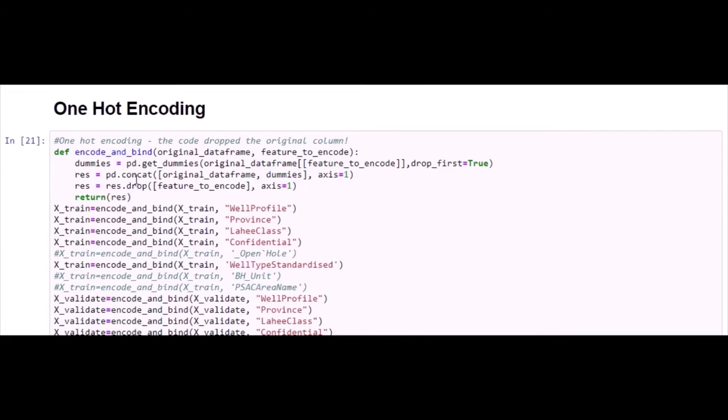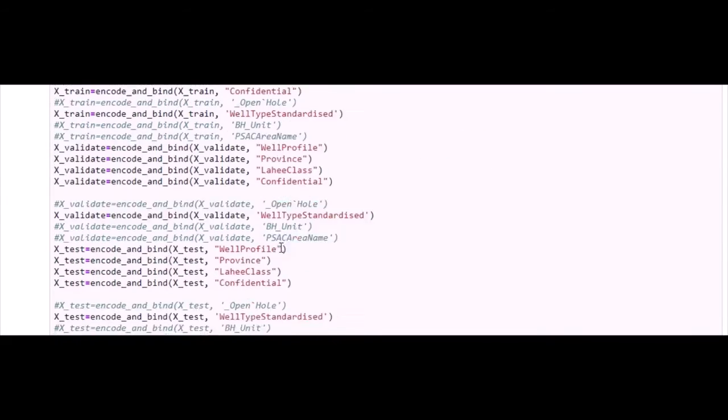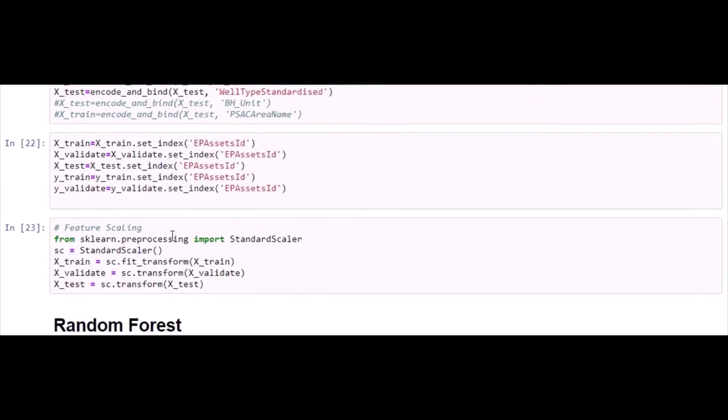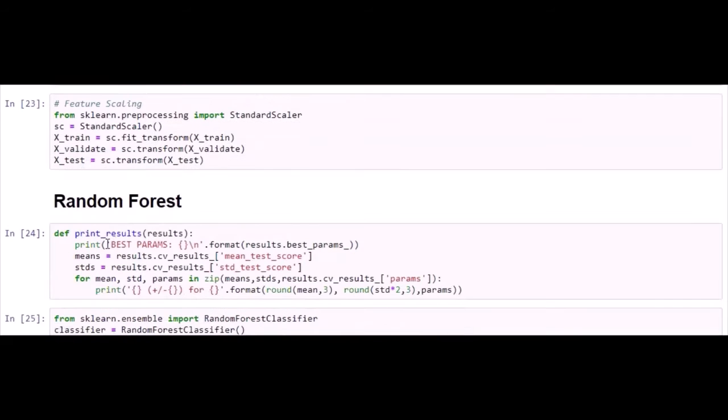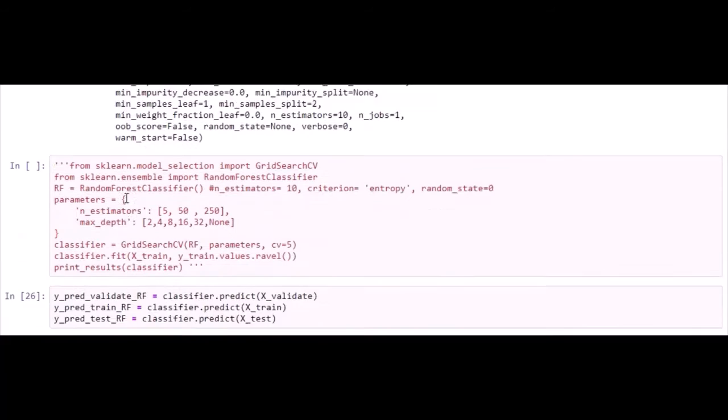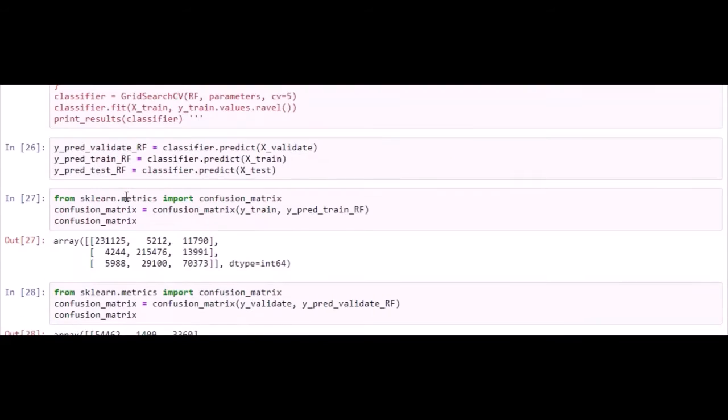algorithm or model. And for this, I first did encoding for the categorical features, and then used this EPA set ID as the index, and then the feature scaling, and then I ran different models like random forest, which was the best model for me. This is the confusion matrix, and